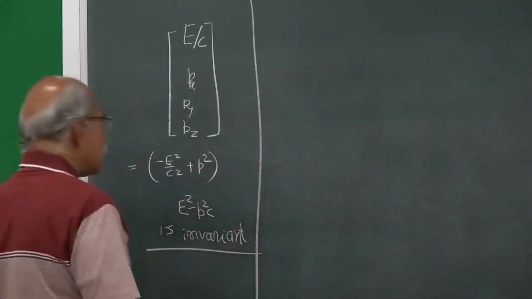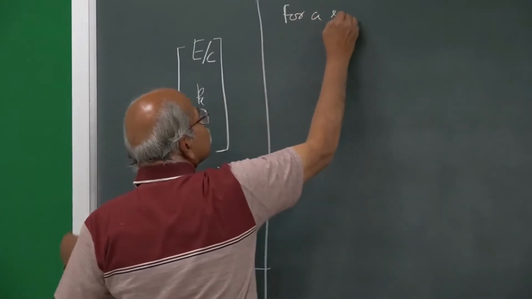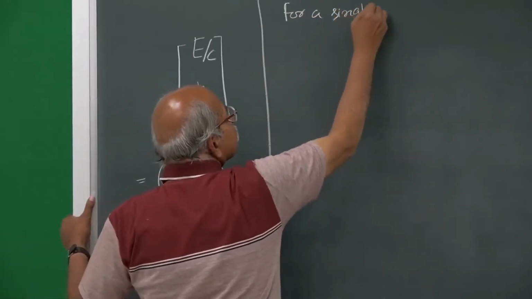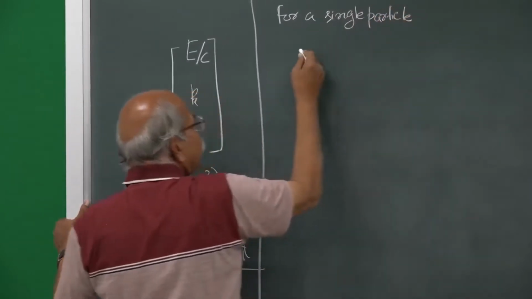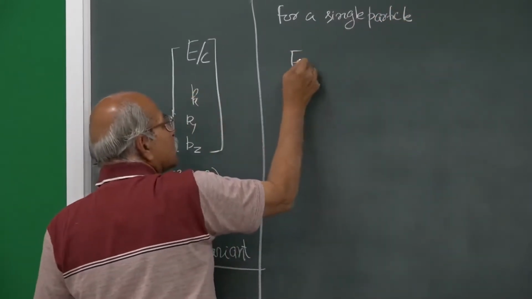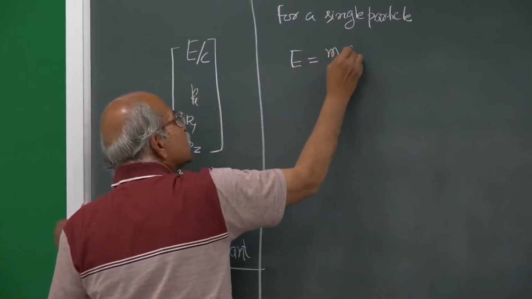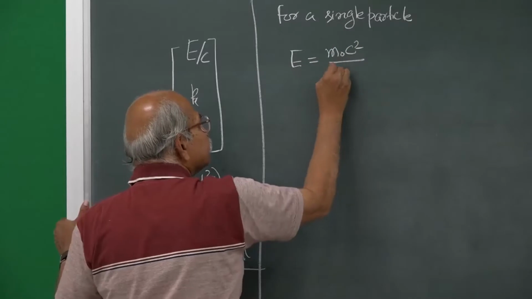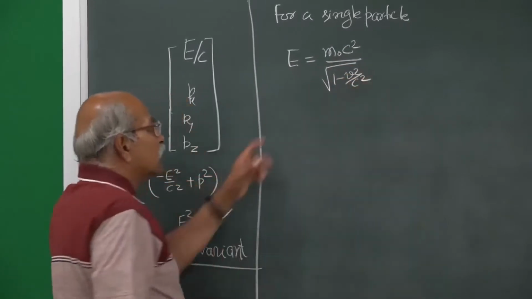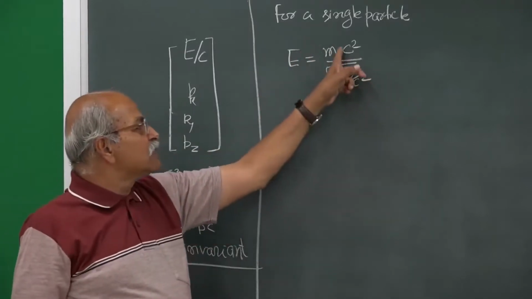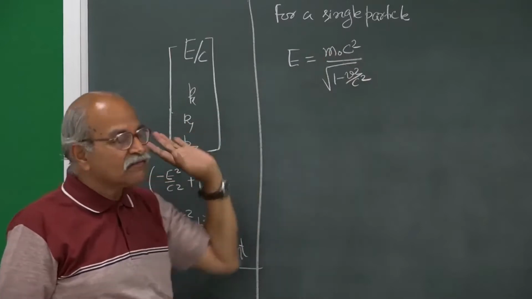So, for a single particle, you know that E is the total energy, this is m naught c square times gamma, and this whole quantity is called the relativistic mass m, and then you write E is equal to mc square,